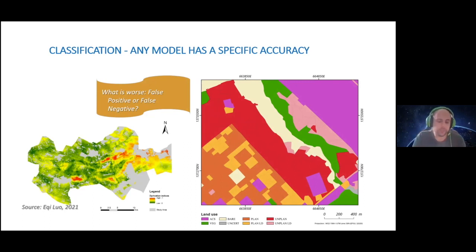And labeling an area as deprived, for example, when it is an output of a classification algorithm, can have an impact. Is it a false positive? Is it a false negative? If we have an error, what is better? What is most preferred? So there are a lot of geoethical implications behind that we need to account for and consider. This is essentially a new field now, with the rapid emergence of AI and the things it can do. We have a lot more ethical implications that we need to account for in a proper manner.